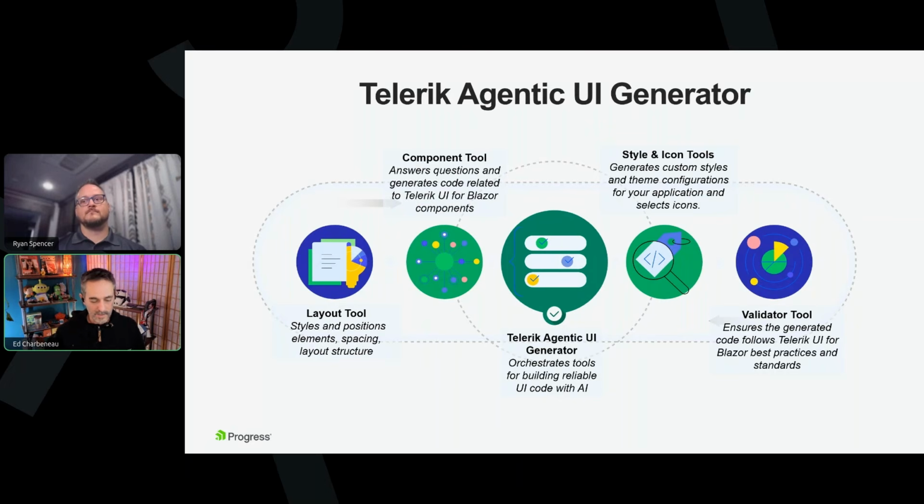And then once that's all done, we also have a validator tool that can run and correct any mistakes that the Copilot assistant has made along the way. So it's an all-inclusive tool inside of a tool. Like we've got the agentic generator that orchestrates all of these behaviors for you. So when you run a query, it's going to go through all of these things internally and bring back the valid information. And I think that's a big part of your 50% productivity boost is